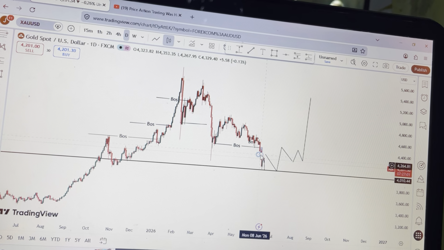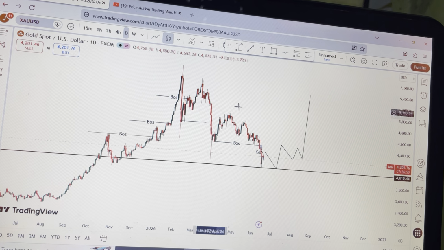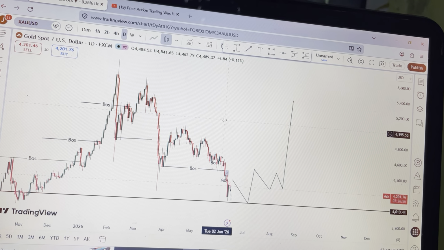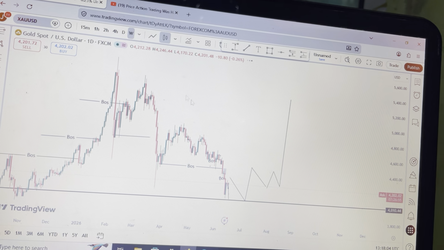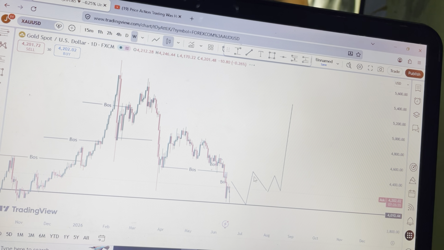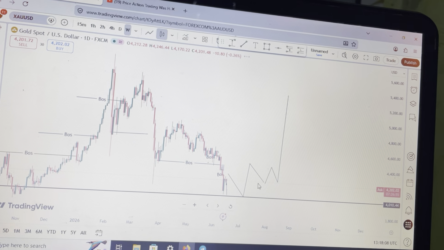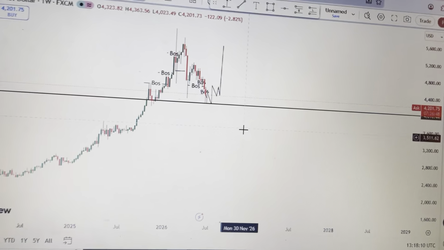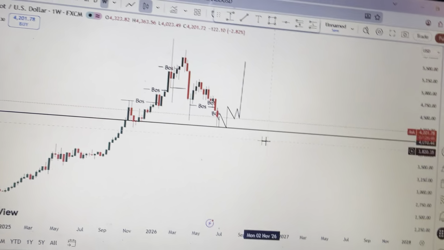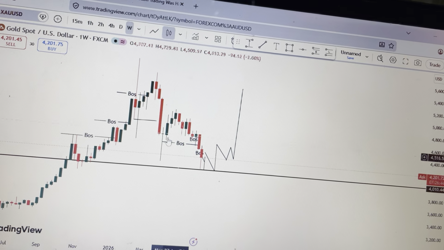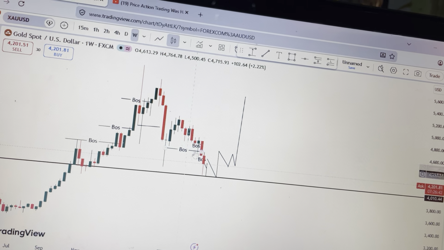for giving these lower lows and lower highs. You need to wait for the daily time frame to give the change of character. That's why it will take days. You understand? So this can even take about 1 month for price to do this, because we need to push to the upside. You see the trend. The trend for gold is still bullish. So what we are trading is just the pullback.